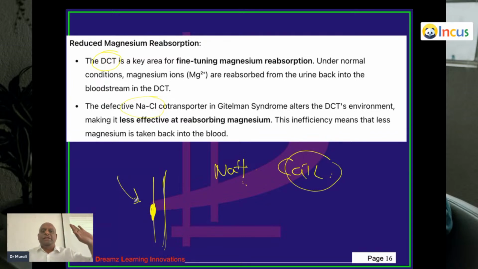Let's summarize. Let's not get too heavy on this. What is common between Bartter and Gitelman? Very good. What is unique with regard to calcium in Bartter and Gitelman? Hypercalciuria in Bartter, hypocalciuria in Gitelman. Is that clear? Then next, in acid-base disturbances, both of them will lead to metabolic alkalosis due to volume contraction and secondary hyperaldosteronism. That is clear.